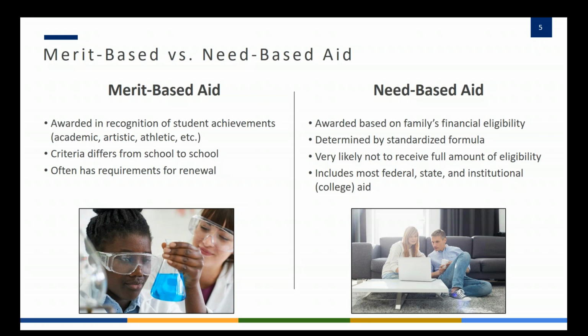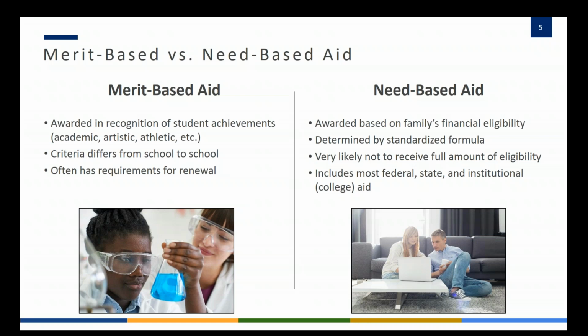Now, not every college offers merit-based scholarships. As we know, Ivy League schools, for example, don't offer academic scholarships. All of their students are meritorious, so they offer need-based aid instead, and most of them will honor meeting full need for families. Most of the financial aid that's given out nationwide is based on financial need, calculated formulas. The same formula is used from family to family to determine federal and state need-based aid.